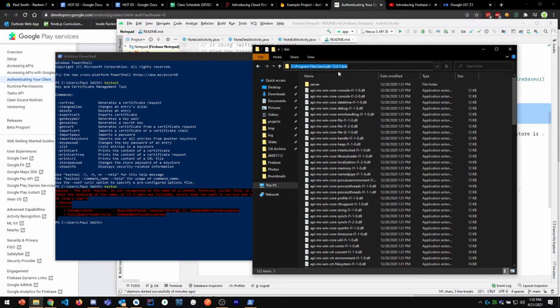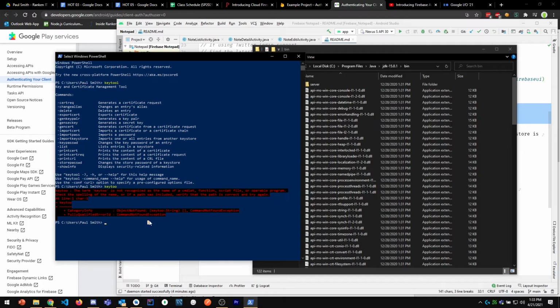So anytime I try to run commands on the command line, it actually does search in that path, which is how it's able to find the keytool. But we can tell PowerShell to look in that folder specifically, so we don't necessarily have to make that update. So what I'm going to do here instead is put in that path at the beginning. So I'm going to say /bin/keytool, right? So if you type that in and hit enter,